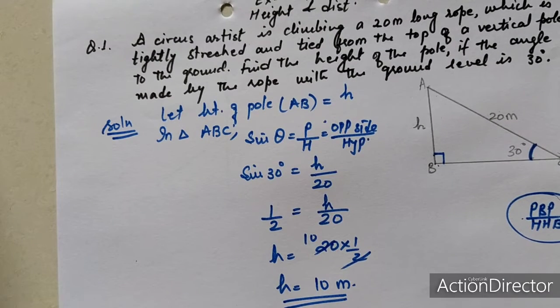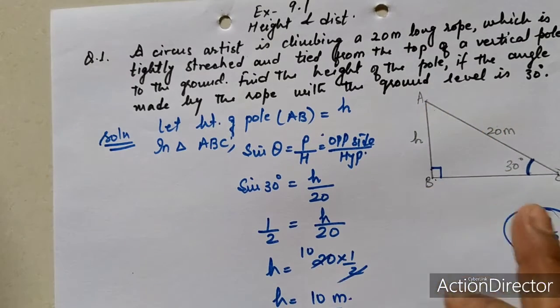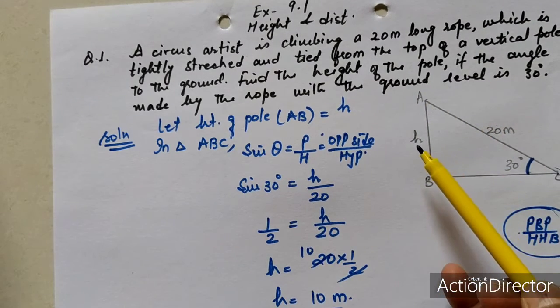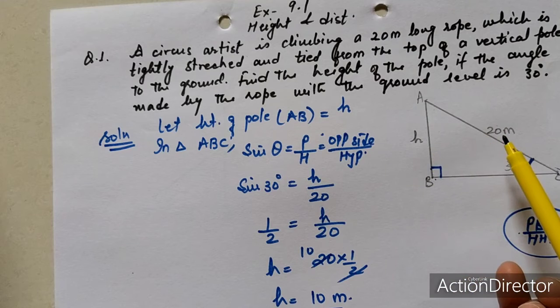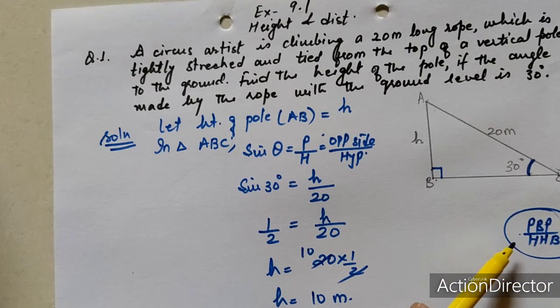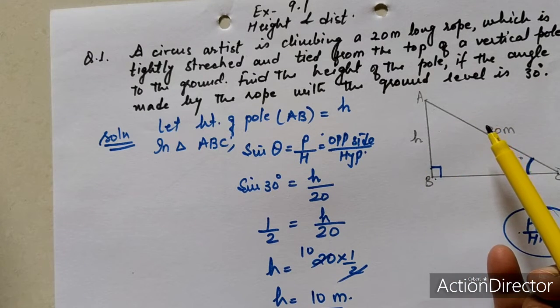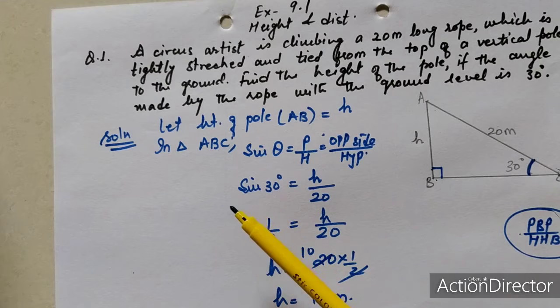This is your answer. So again I am repeating that when you are going to consider this one, it's up to you whether you want to take this side as the numerator or this side. If you are going to take this side as numerator, you should know about the correct trigonometrical ratio. This is actually related with opposite side and hypotenuse. That's why we are going to take sine theta, or you can take cosec theta also.